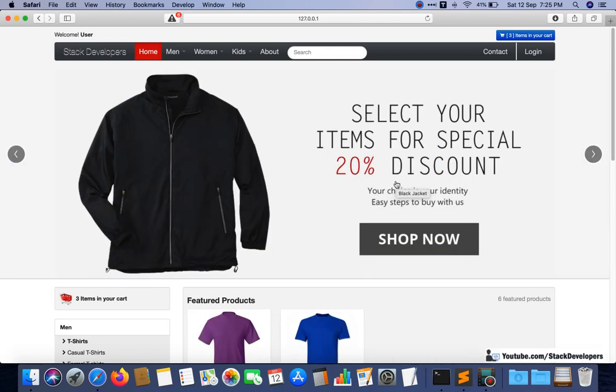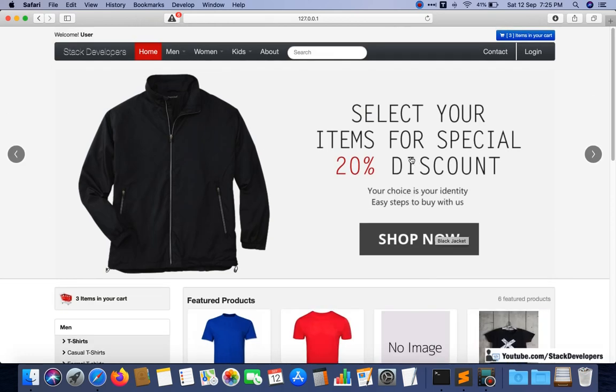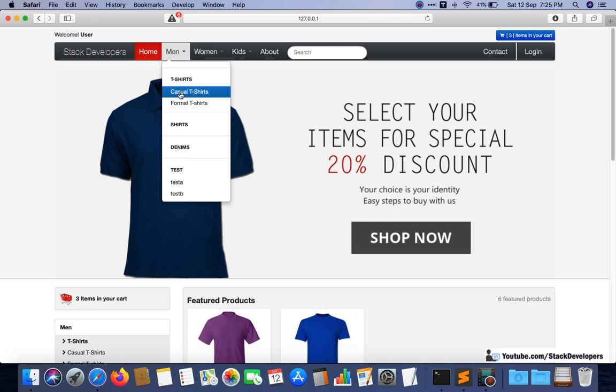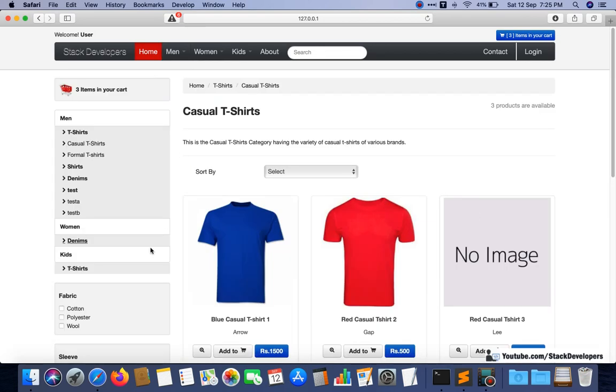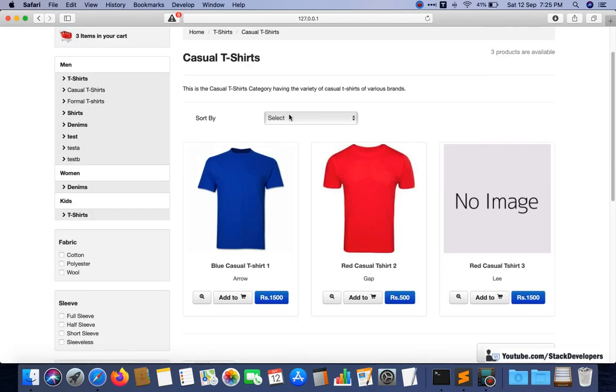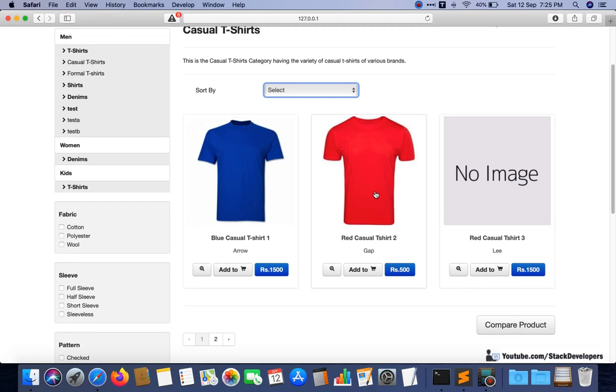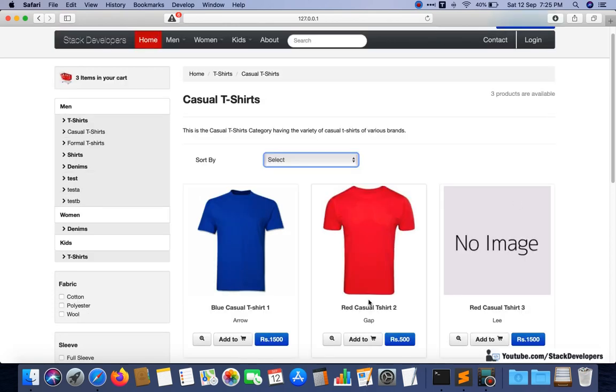Okay, so from this video we are going to start working on the detail page. We have seen the listing page functionality, everything: filters, sort by filters, sidebar filters, the category is also coming up, details are also coming, pagination, everything we have seen. But now we will go to the detail page.